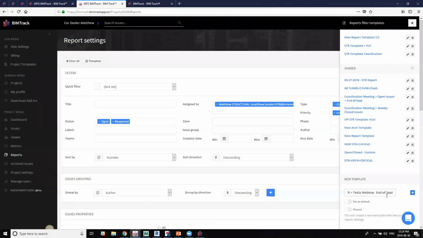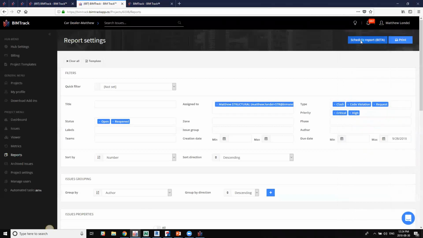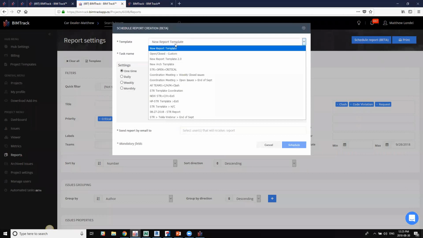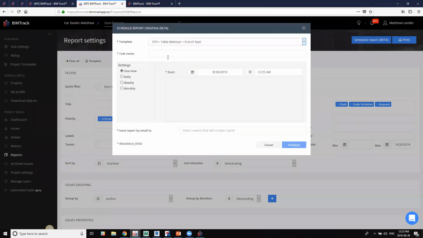There we go. So I create this template. There it is right there. And then I can schedule this report to be generated. So let me just grab my new template right there. This will be my weekly structural coordination meeting